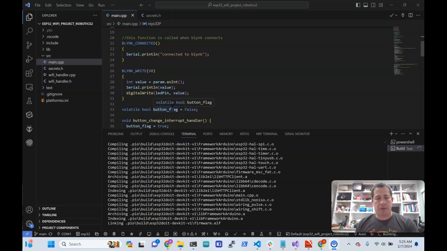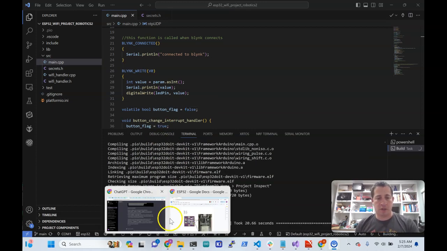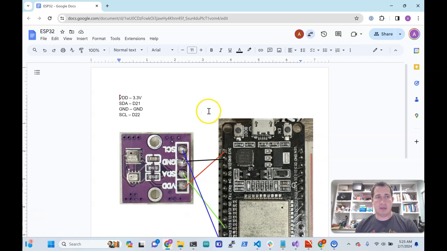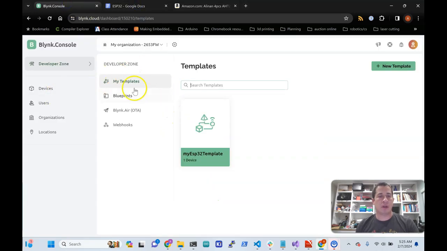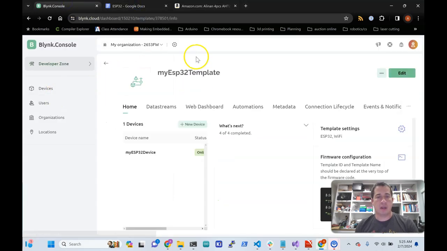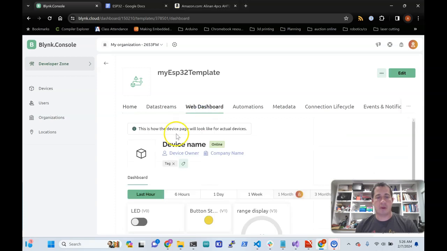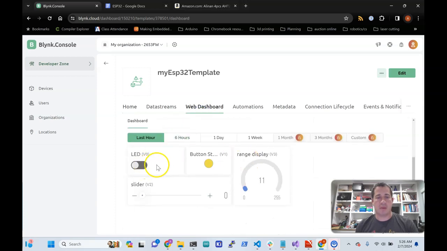Okay, so we're continuing on our Blynk project here with our ESP32. So we got our Blynk console here with our template, and currently on our dashboard, we've got this thing to control our LED turn on and off, this thing that responds to our button state. Then we added this range display and this slider, so I'm going to show you how to integrate those real